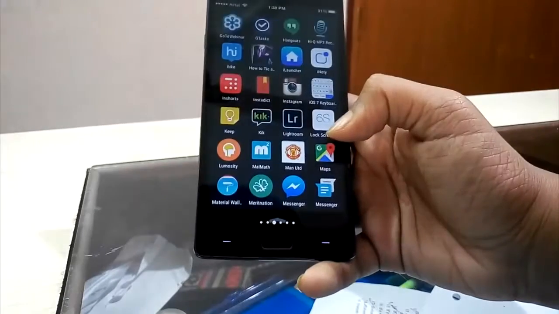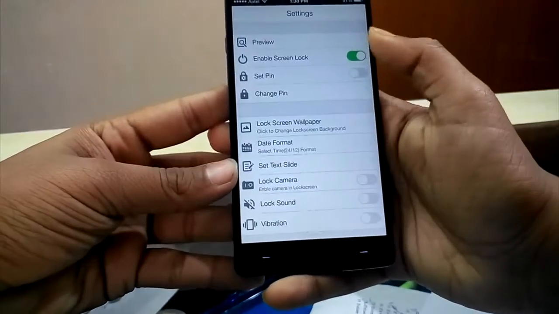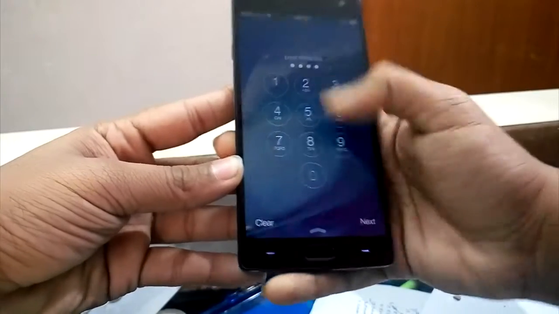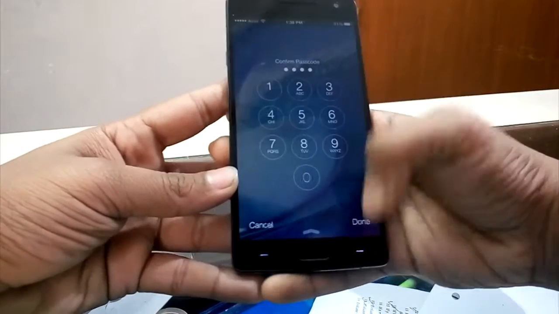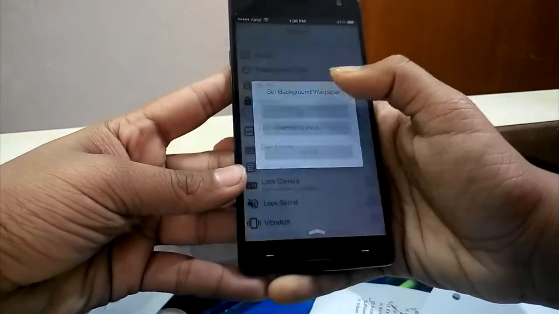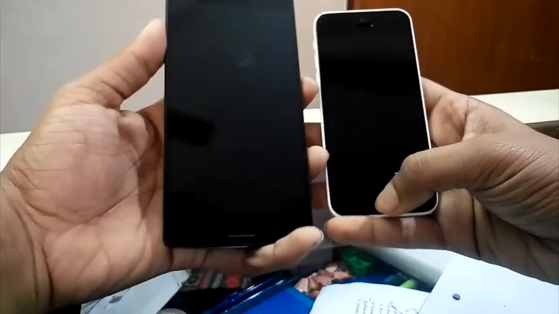Next up we have the lock screen, the iPhone 6's lock screen. Enable it. You can also set a password pin to look exactly like that of the iPhone. You can also change the wallpaper. I'll change the lock screen to my home screen wallpaper so that they look the same.